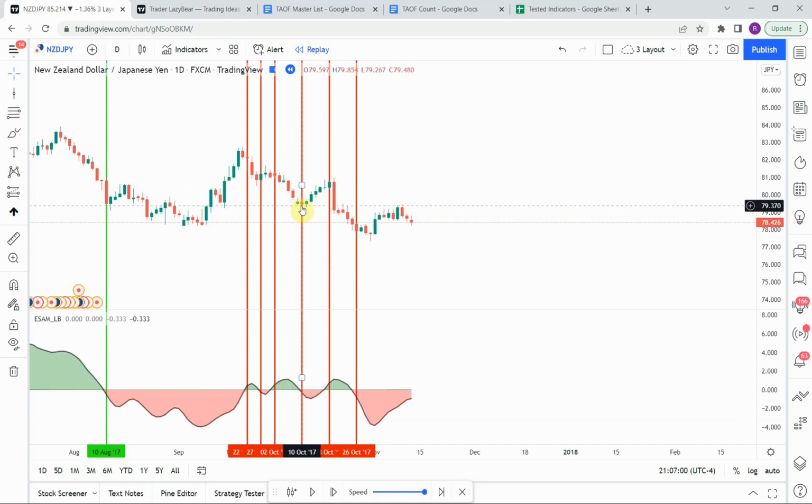Then we pick up a short, but then as we pick up that short, we get a really heavy pullback in the market, a sharp correction there, and that triggers a long, which stops us out on that short. And then that long, immediately the correction stops there, and we get the continuation of the push to the downside,